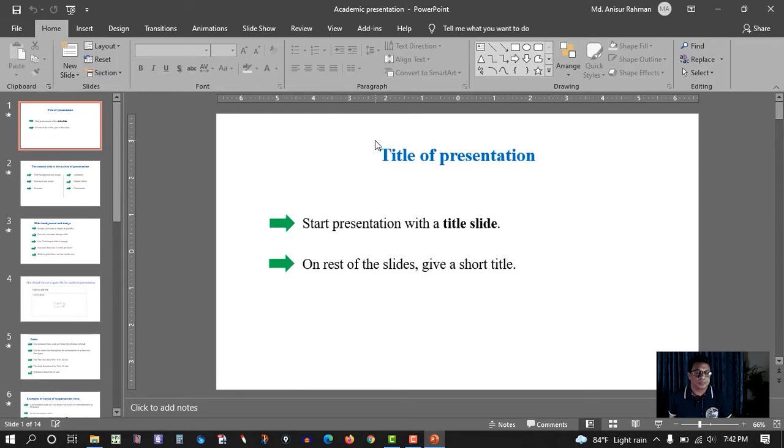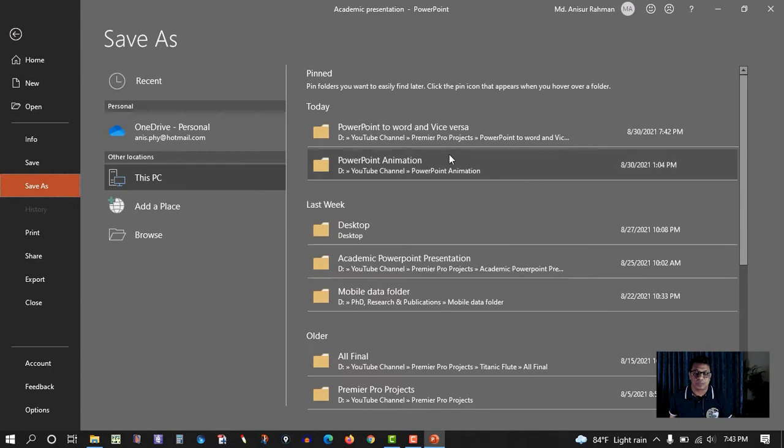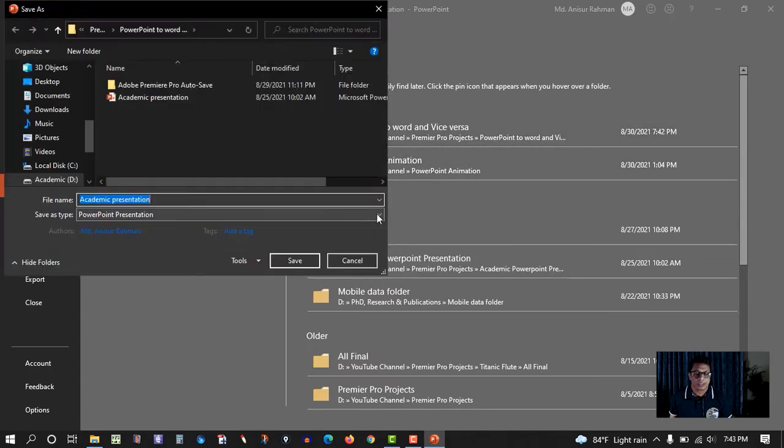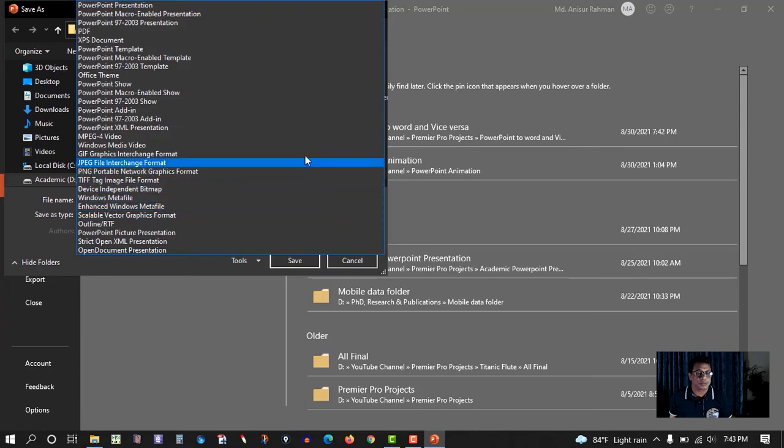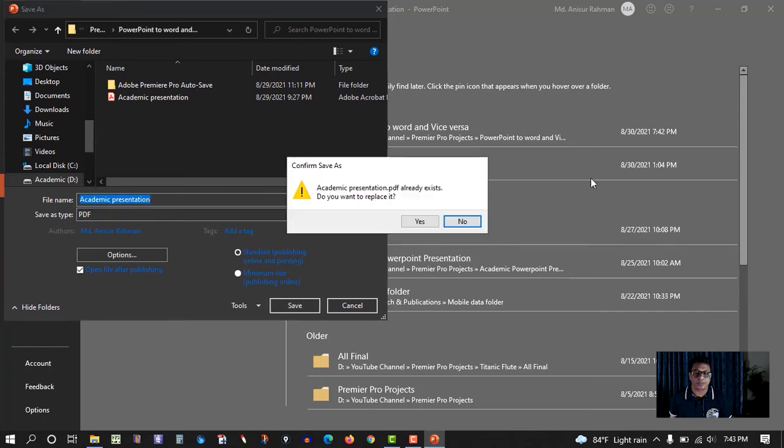So first of all, we have to save it as a PDF document. So here you have to simply select PDF and save it.